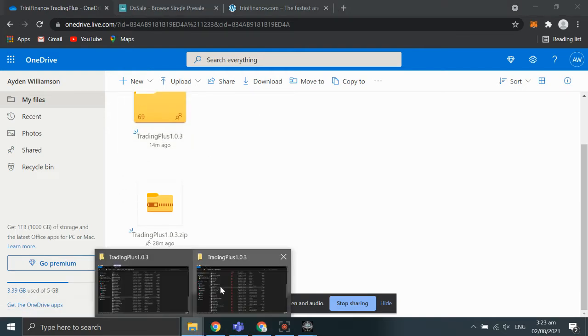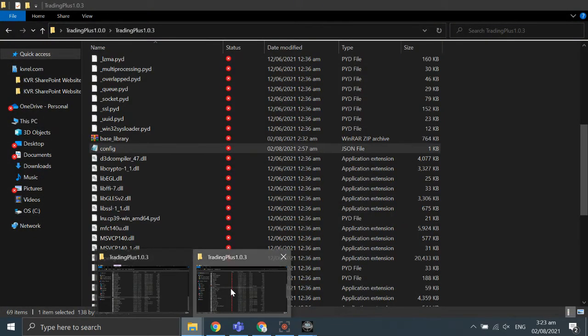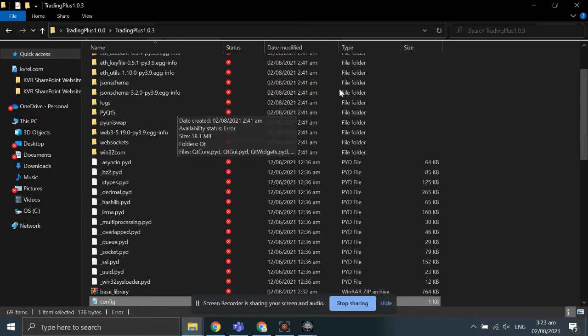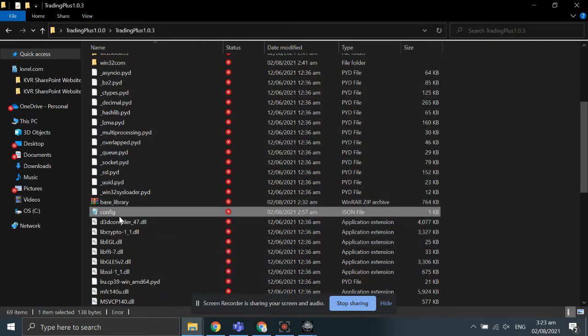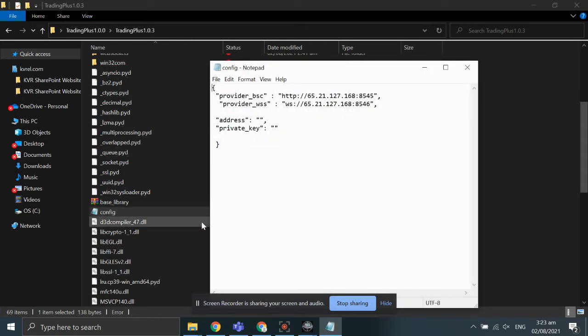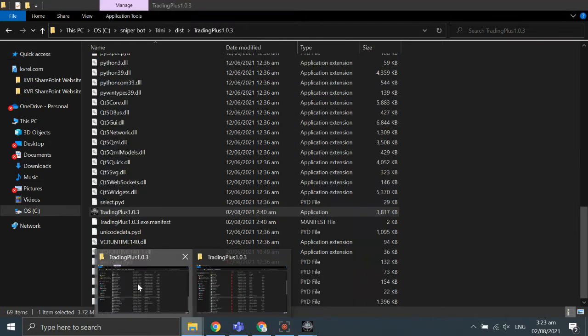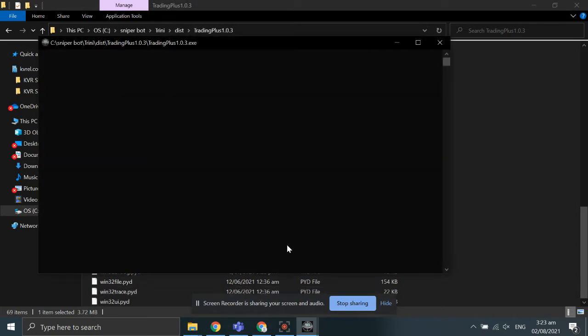Basically, once you download it, all you need to do is extract the file if you're downloading the zip file, and set the configure file. You put in your address here and your private key. Make sure you have your correct private key and your correct address. Once you do that, you can open the Trading Plus